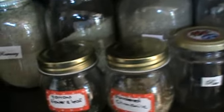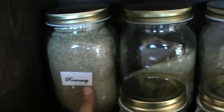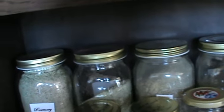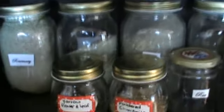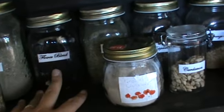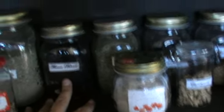Okay. And we'll start at the back. Maybe make some space. Rosemary. And 80% of this is all from my garden, so I only tend to use herbs mainly that I grow. I use them the most because otherwise I'll be completely broke trying to buy everything. So rosemary, that's another one of rosemary. Catnip, white sage, my protection flower blend that I make, which has got black and very dark purple flowers,